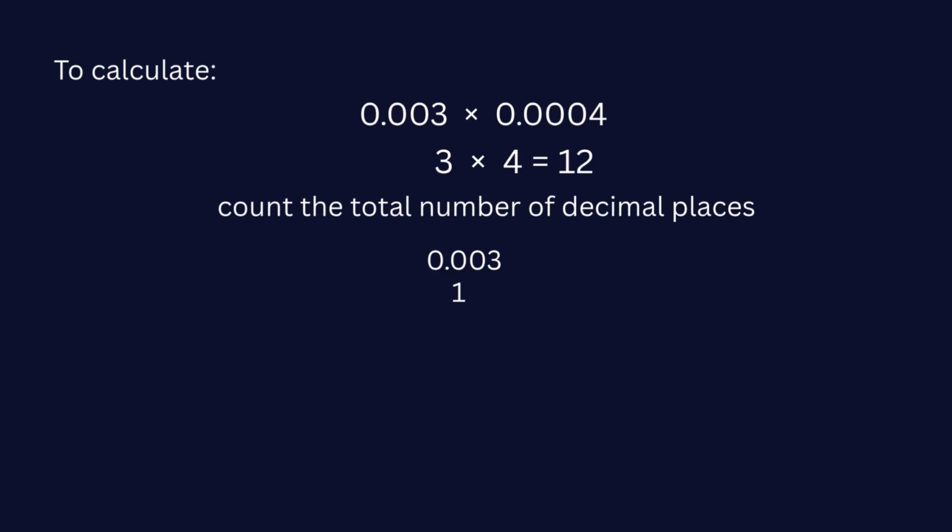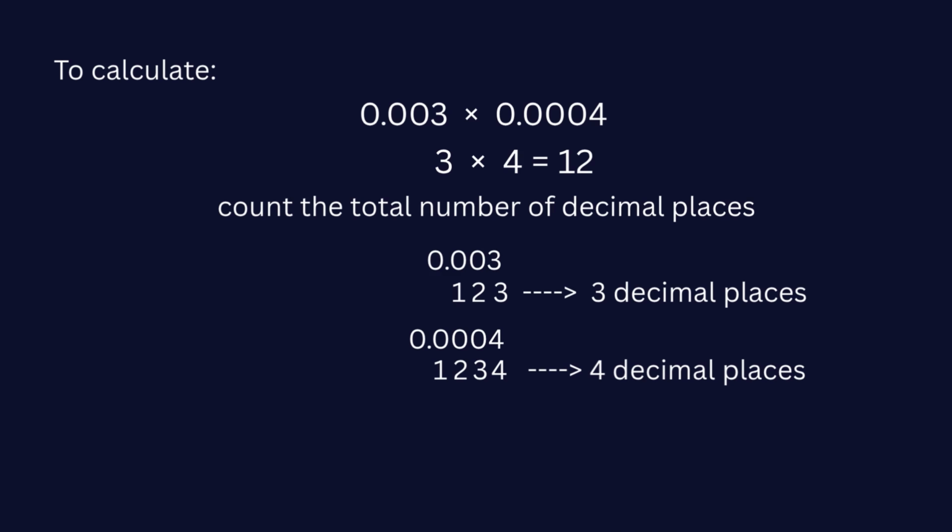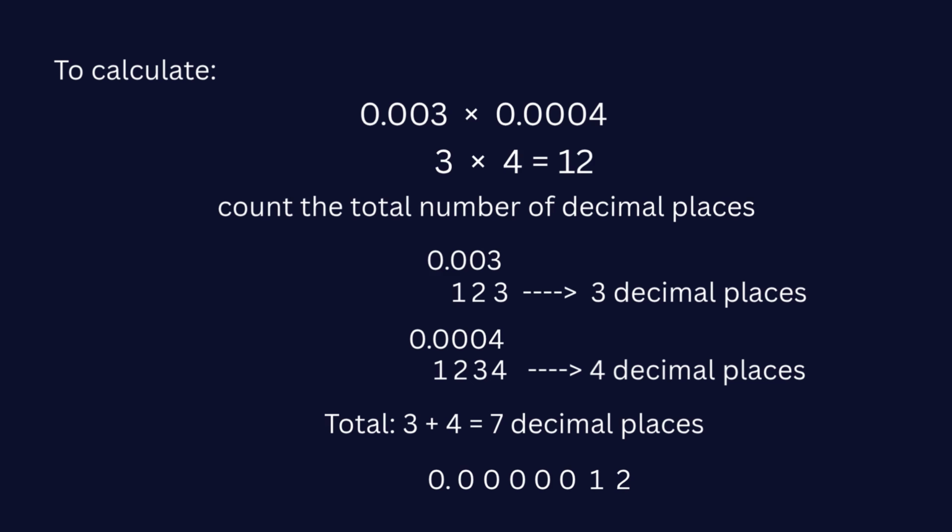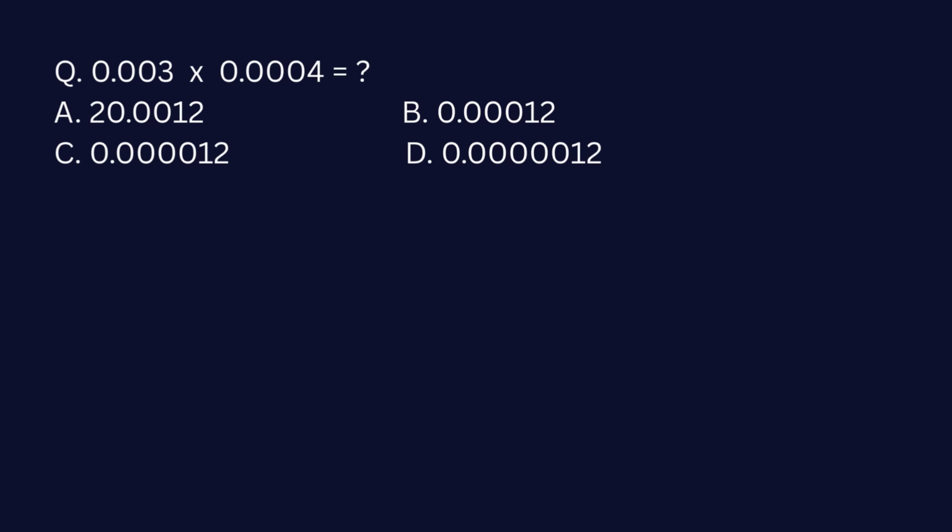If I count the first number, I'll get 3 decimal places. If I count the second number, I'll get 4 decimal places. So the total would be 7 decimal places. So I can place my answer as 0.000012. So if I look at the options, I see that option D is the correct answer, which is